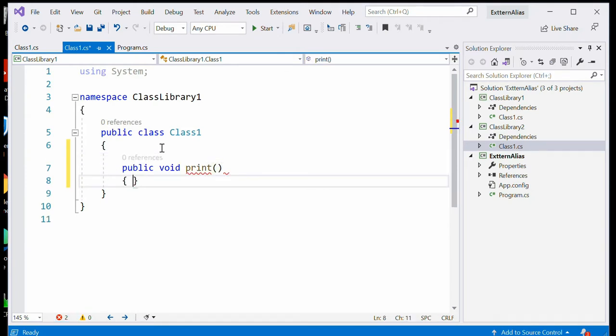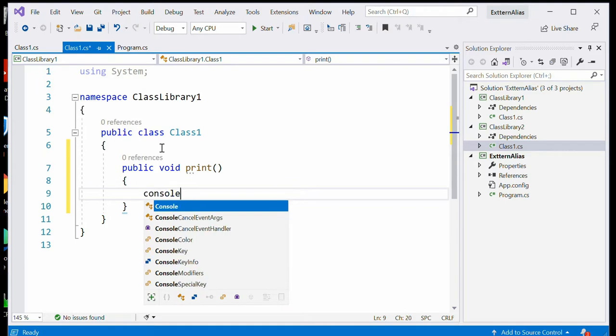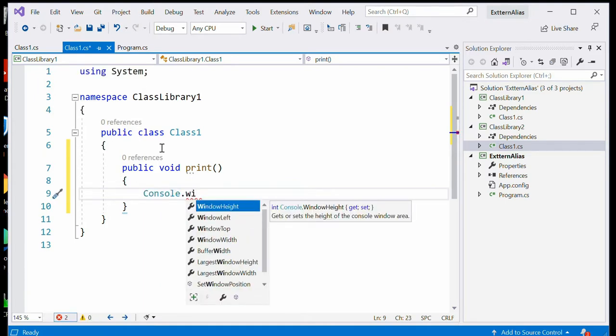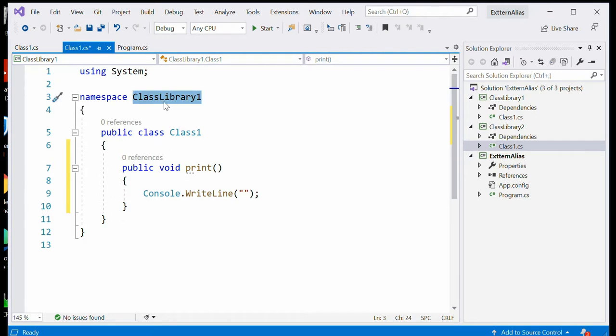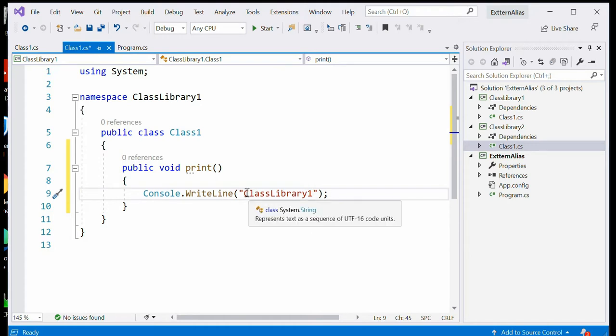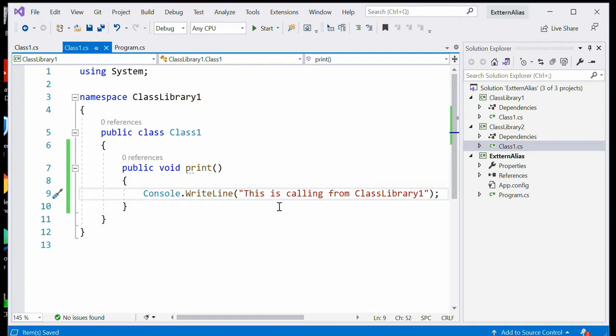It's a void method, Console.WriteLine. For checking purposes, I will write that this method is calling from class library 1. This is my class library 1.